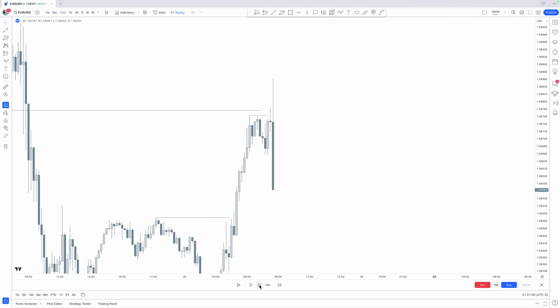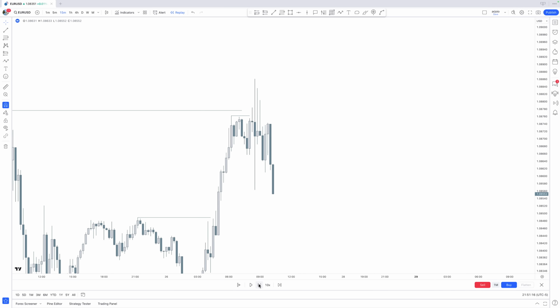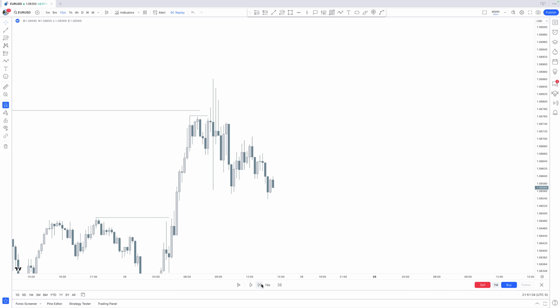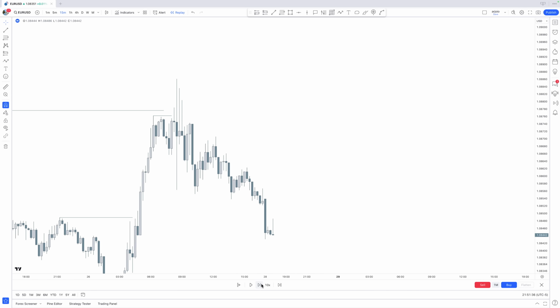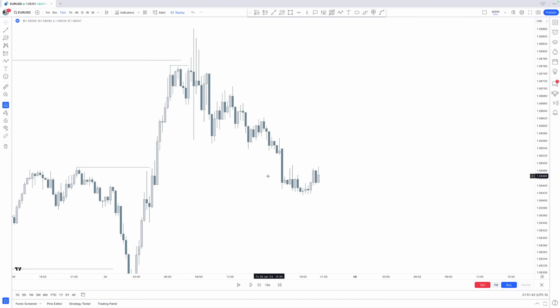So right here, what do we see? We see a sweep of the highs, but also a sweep of the lows. In that instance, you want to simply wait. Wait until we close further above the high or further above the lows. And right here, we see we are slowly starting to close below lows right there, indicating that we might actually want to continue lower. Because if we want to continue lower, we should again sweep highs and run lows, where eventually we continue lower, following external to internal,